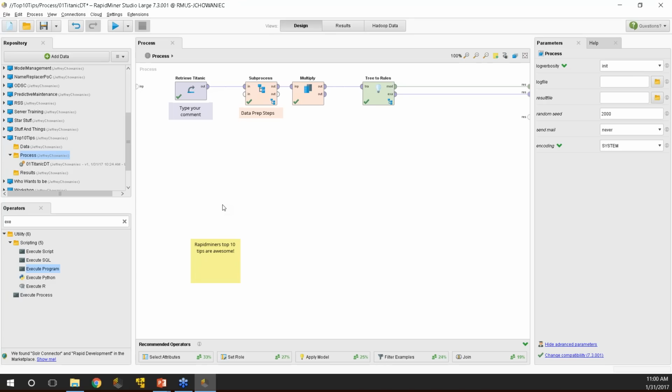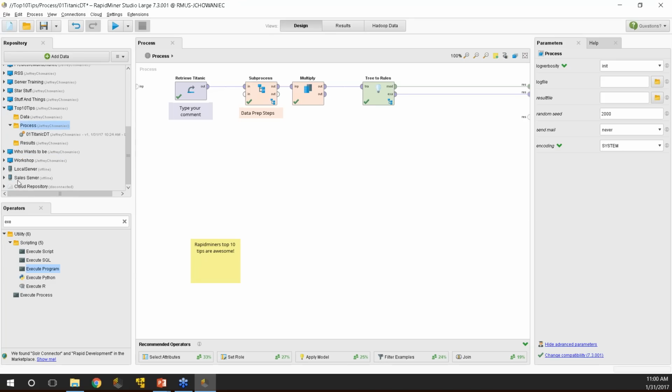Great. Another question here, can I establish a web service from RapidMiner? Yes. So if you are a RapidMiner Server user, I actually have a web service set up. So let me log into my server here. And what I can do is, once I'm logged in,